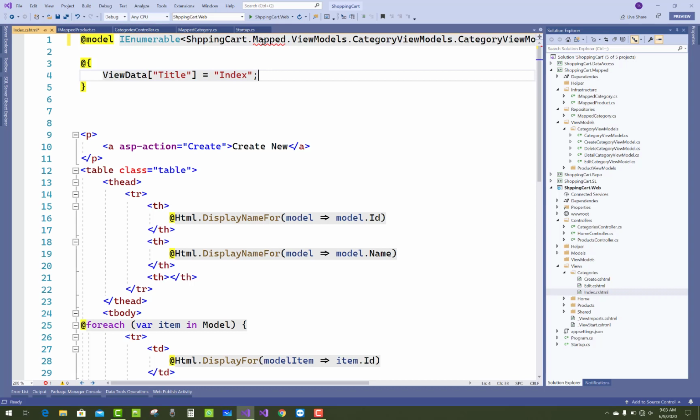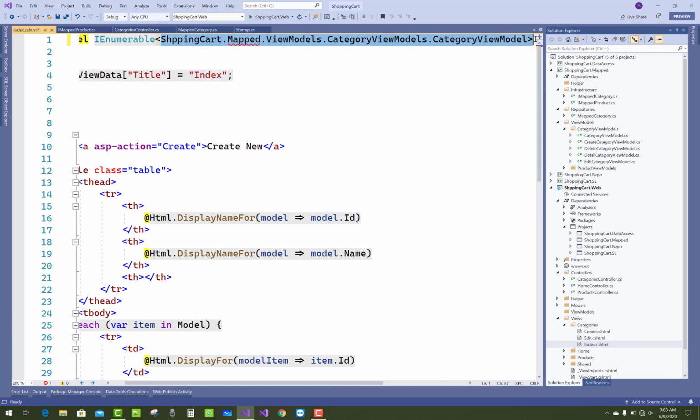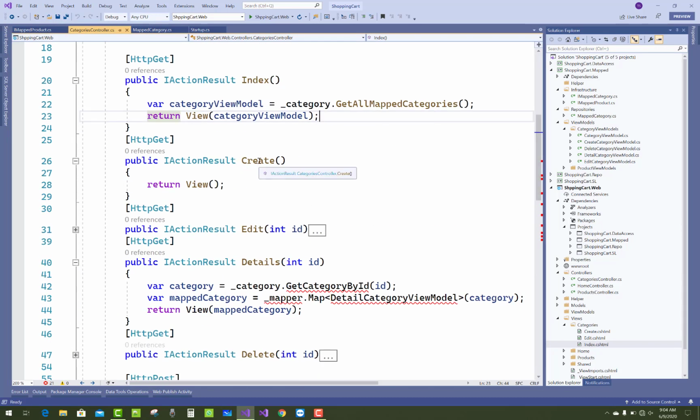Go to the view section of the index action method and resolve the IEnumerable namespace, that is ShoppingCart.Mapped.ViewModels.CategoryViewModels.CategoryViewModel, that is resolved.